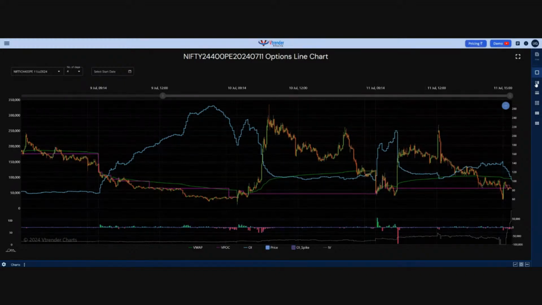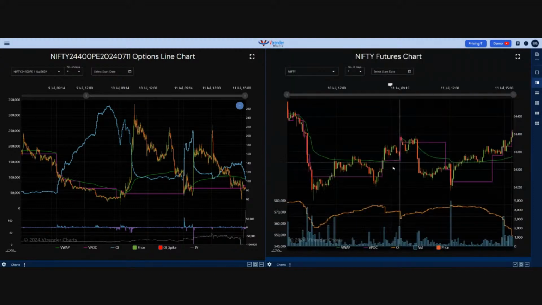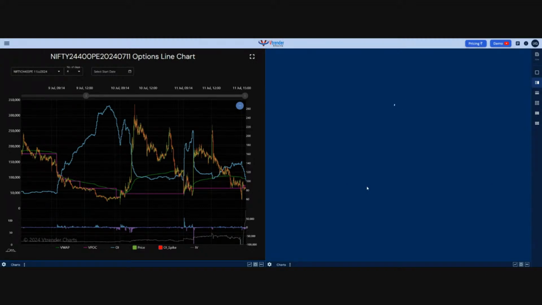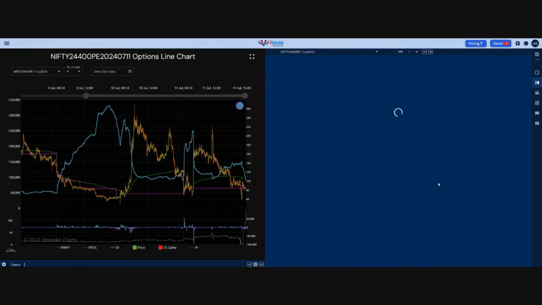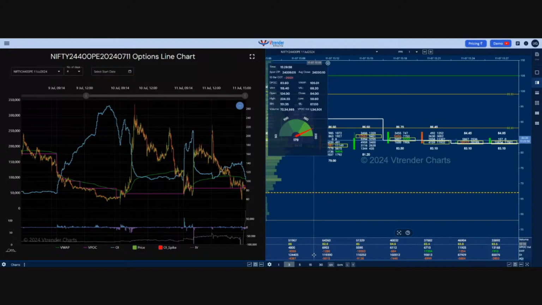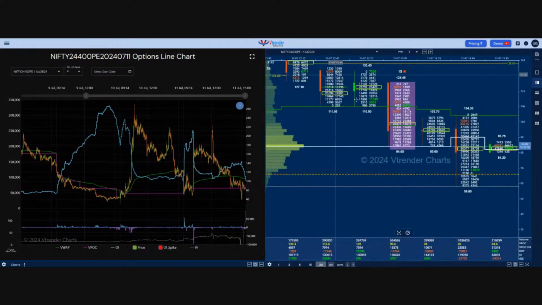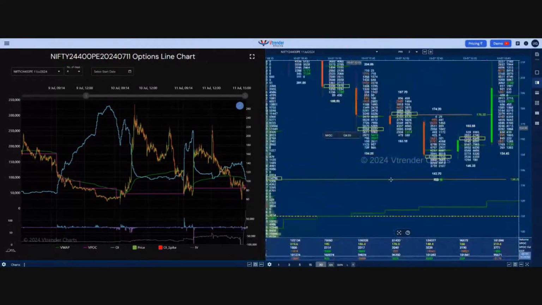So if I show you the order flow chart of this put, and I'll show you the 30-minute order flow because it had left some important references for us to make note of and make use of for the next session. So if I switch to the 30-minute order flow chart of 24,400 put, I will first take you to what happened on 10th of